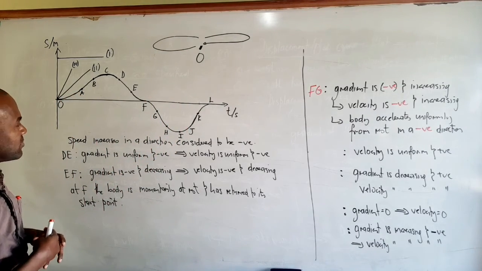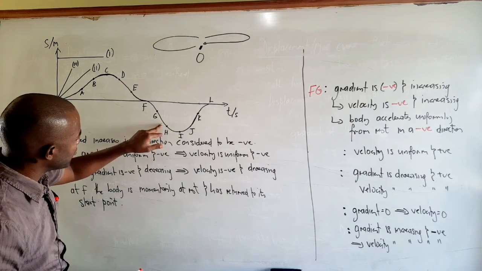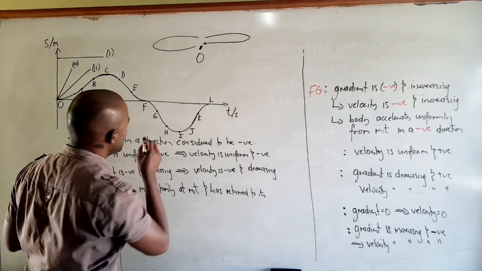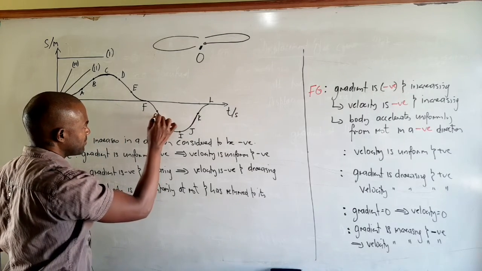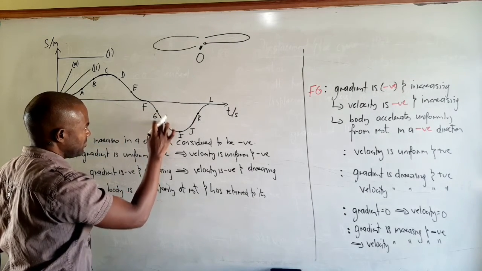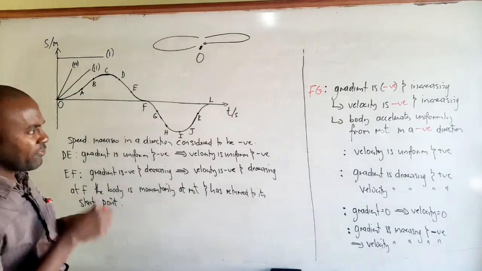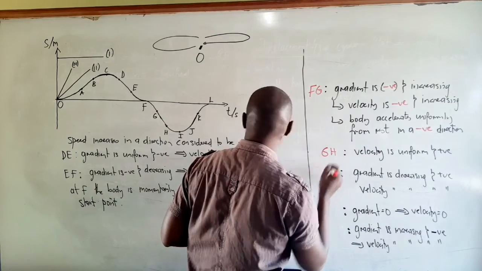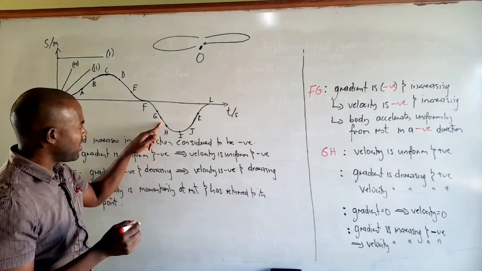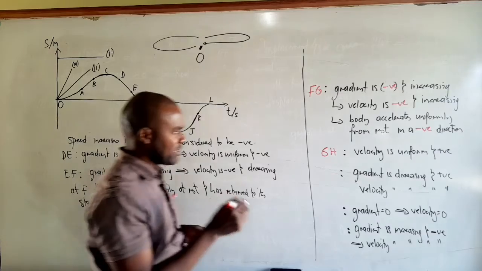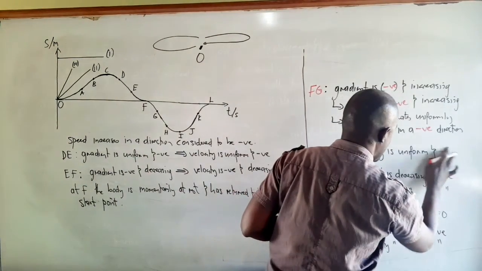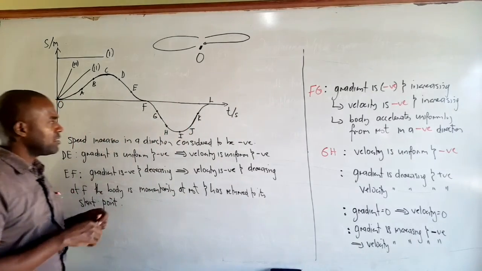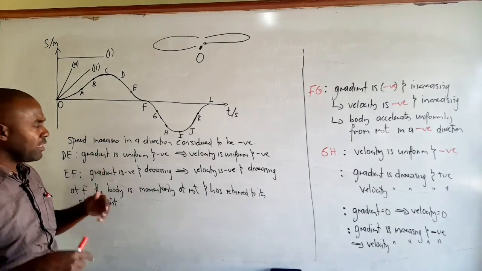So that's FG. Now, GH is supposed to be a straight line. The graph might not show it, but it's supposed to be a straight line, right? So GH is a straight line segment. And therefore, for GH, the gradient is, of course, uniform and negative, which means that the velocity is uniform and negative. So this means that the body's speed is constant while it is moving in